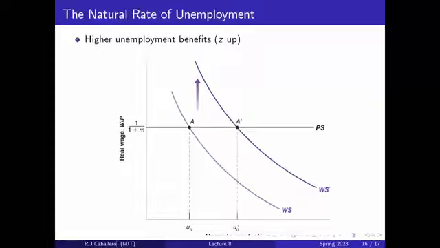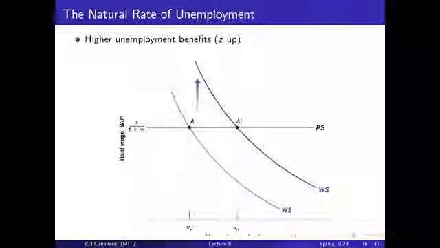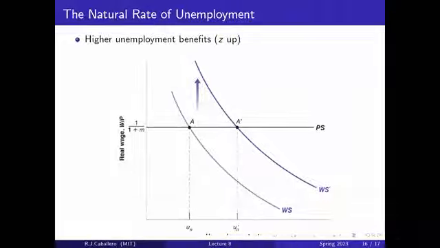Well, in this model, that will immediately lead to an increase in wage demand. At this level of unemployment, there's going to be a higher real wage demand by the workers, because they have more bargaining power now. In this particular model, that cannot happen, because the real wage that firms are willing to pay is only this,